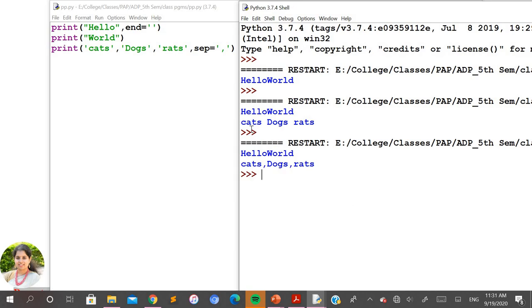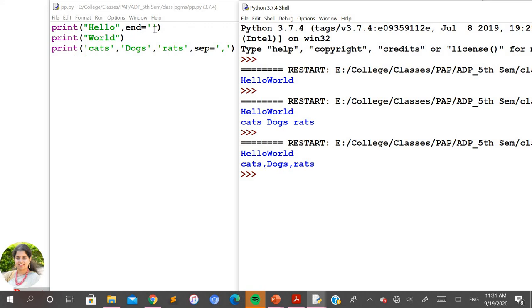You can see here previously how it got displayed when you had not used the separator argument in the print statement: it simply displayed those strings with a space in between. If you want to put any delimiters between these strings, you can do it by using the separator as an argument in the print statement. I'm speaking about within the print statement. Both the arguments end and separator are used within the print function.